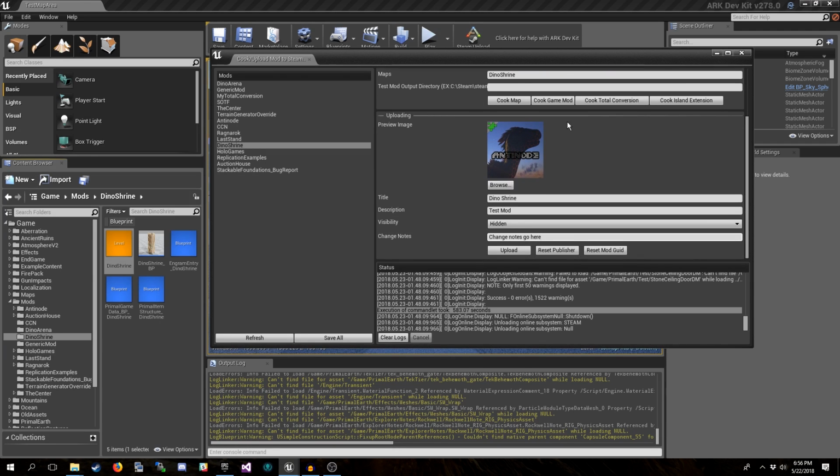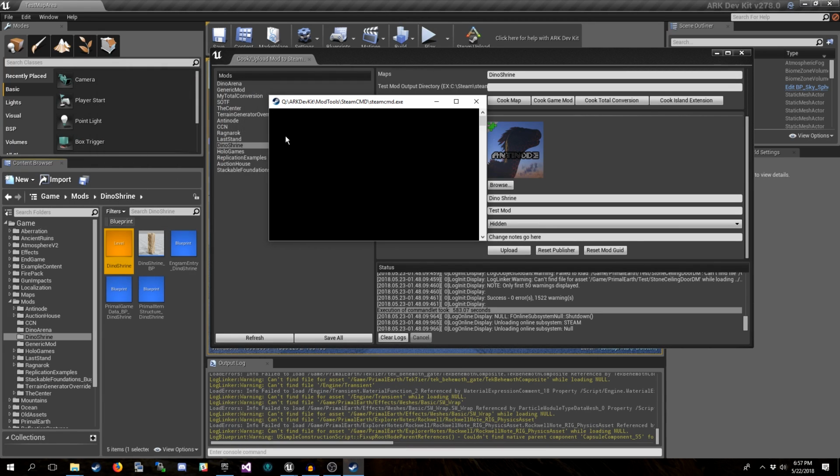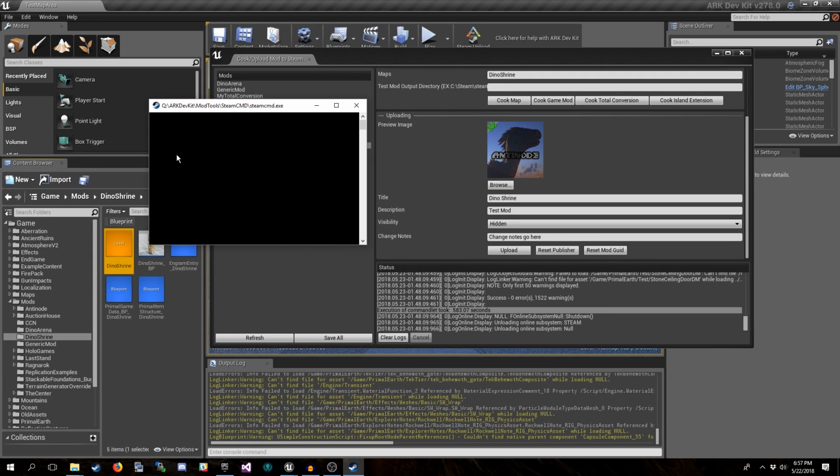Now that we've got all of our information in there, let's go ahead and hit upload. Put in your password and username, and you'll hit accept. And you'll get a screen that pops up. Now, there is an issue occurring right now, and hopefully this will be fixed soon, where Steam Command will sometimes just show a blank screen, and it doesn't look like it's doing anything.